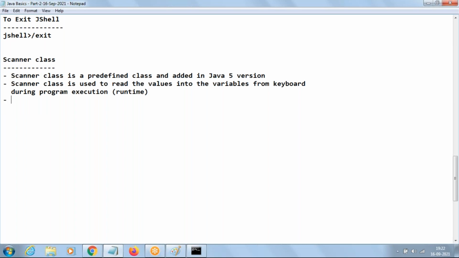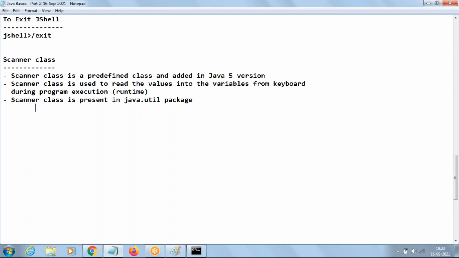One small confusion point at this level. Scanner class is present in the java.util package. The meaning of package is like a folder concept only. Why do we create folders? To store related files. Similarly, a package is also to store related classes. It's like a folder concept only.